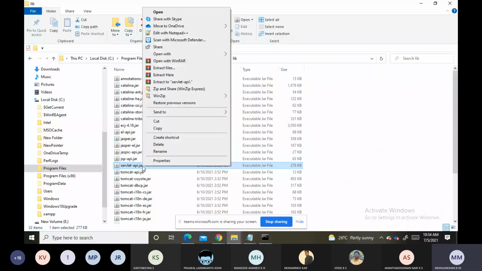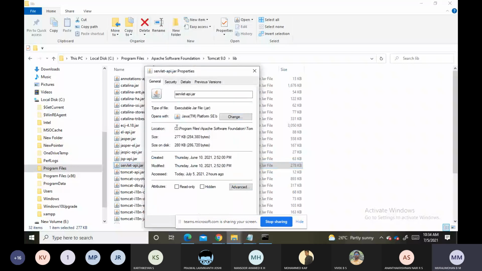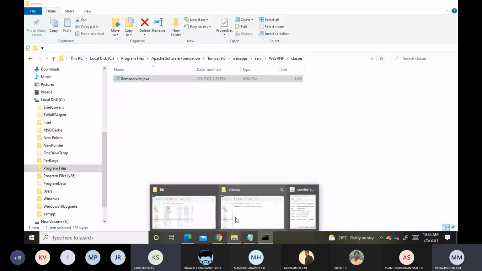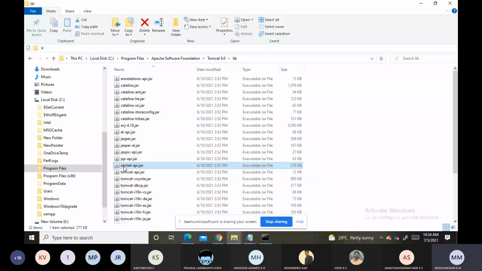So I will copy this and paste it here inside the double quotes, and again inside this lib we are having servlet-api.jar. Is it not? Servlet hyphen API.jar.